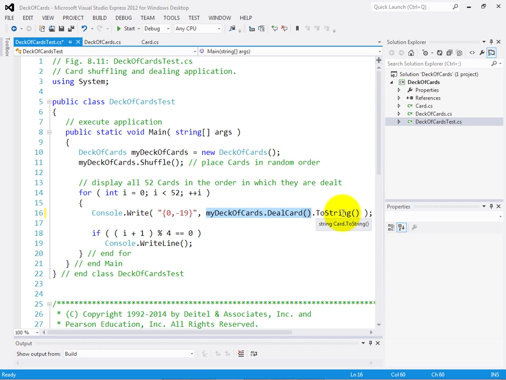So every type of object in C# has the potential to be turned into a string representation by calling the toString method on that object. And in fact, you can even do that on an array as well, because an array itself is an object. And there is a string representation for arrays that will simply display, or give back, I should say, the string representation of the individual elements within a given array.